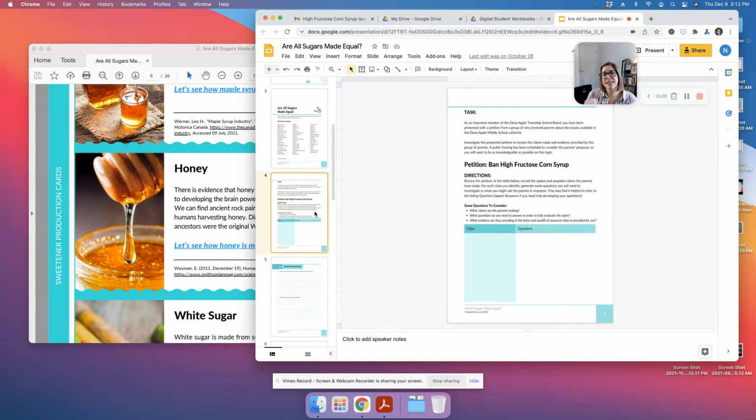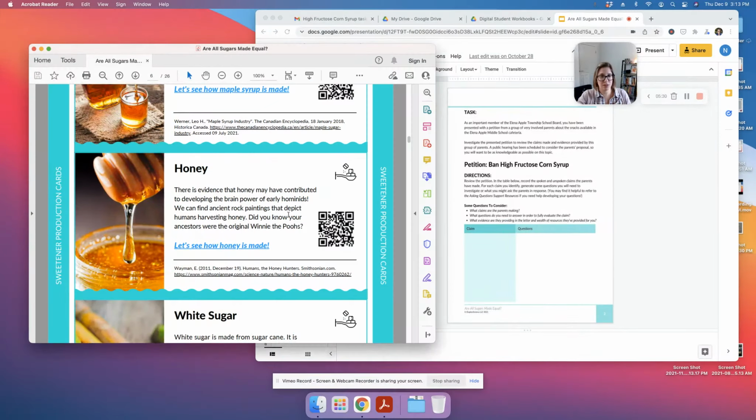So the first thing that you need to do is really understand, what is your purpose here? What do you want them to walk away with at the end of this exploration, this lesson, or what do you want them to be asking questions about? What is this segueing into? Because really this anchor experience is tied to a bigger unit. And so it could segue into asking questions about